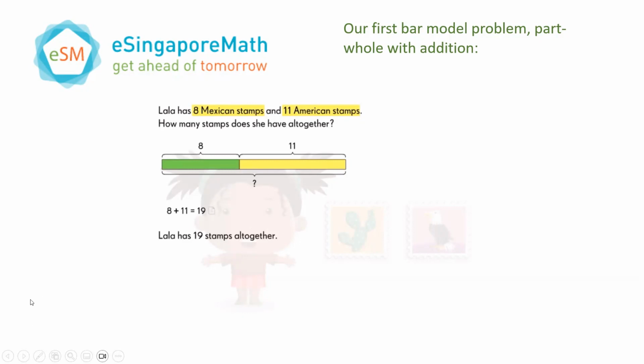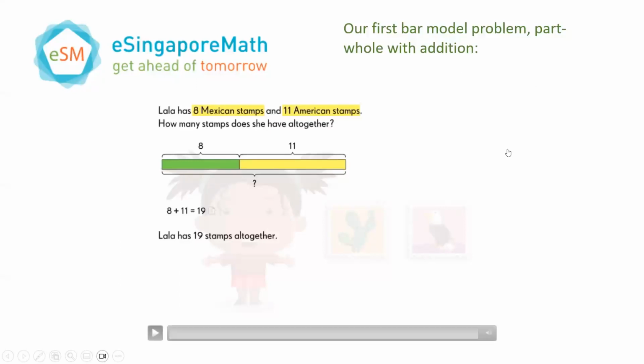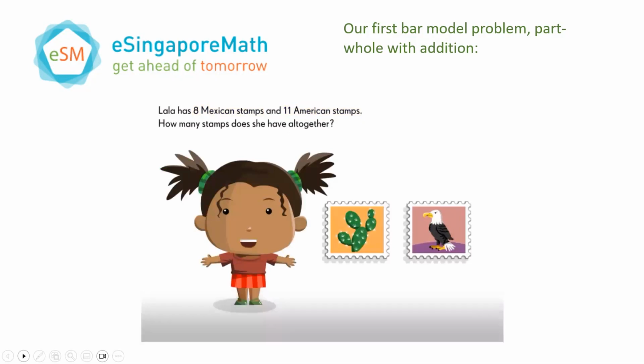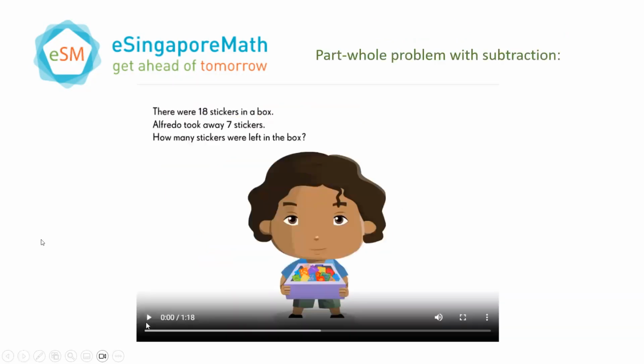So as you can see, again, the quantities from the problem are taken out of the problem and placed into the bar model. And because we draw the bars proportionally, it gives the student a concept of not only which value is which, but also the relationship between those quantities. And here's another one. Now we have the same part-whole problem, but with